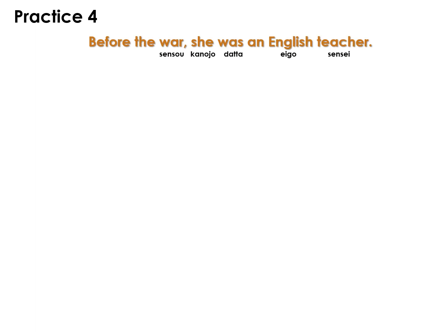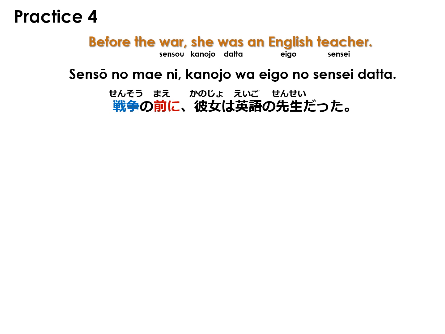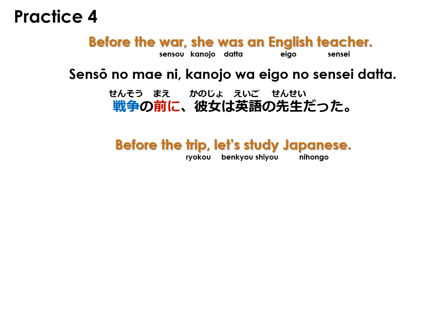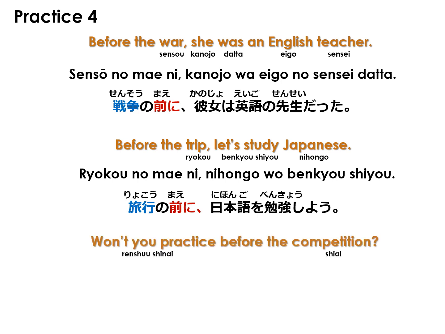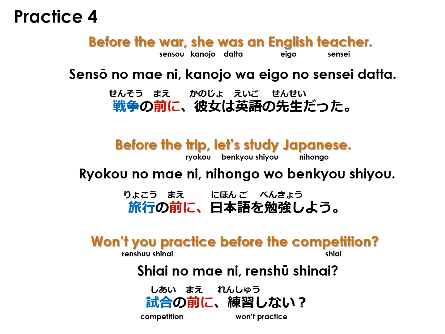Translate the following English sentences into Japanese using plain verb forms. Before the war, she was an English teacher. 戦争の前に彼女は英語の先生だった。Before the trip, let's study Japanese. 旅行の前に日本語を勉強しよう。Won't you practice before the competition? 試合の前に練習しない？